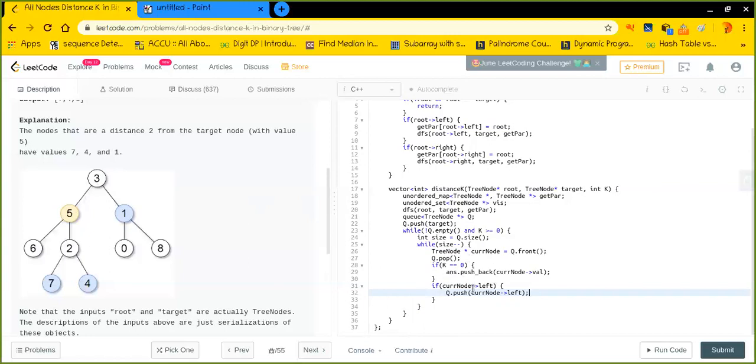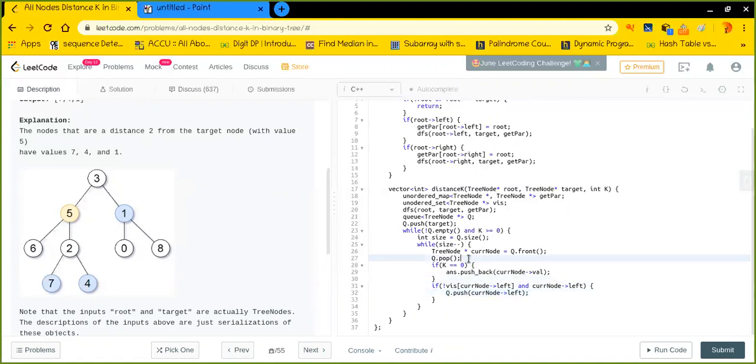Okay. So on that note, I can do one thing: I have a visited set. So in that case, I will simply check if the current node's left is not in the visited set, and the current node's left is also existing, then I will push the left child.